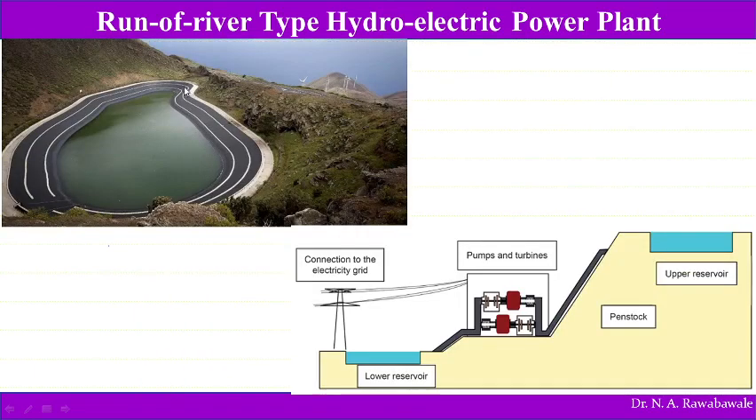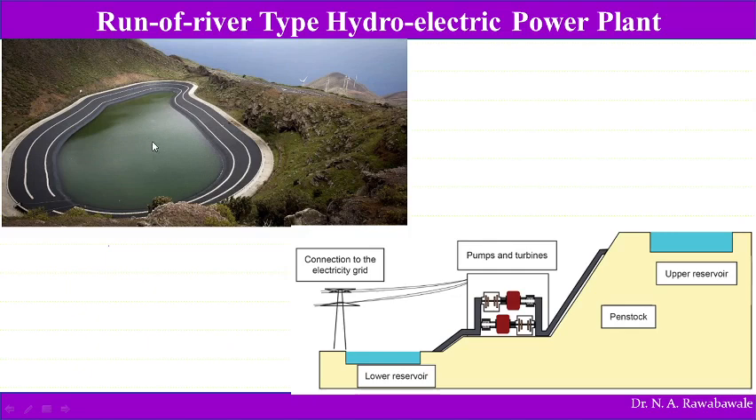Then the third one is the pumped type. This name is wrong on the slide; it is not runoff river, it is pumped type of hydroelectric power plant. Here the water is pumped with the help of non-conventional energy sources such as wind energy. You can see here there are windmills which help us to pump water from a lower level to a higher level in a reservoir. This water stored in the reservoir is used whenever required